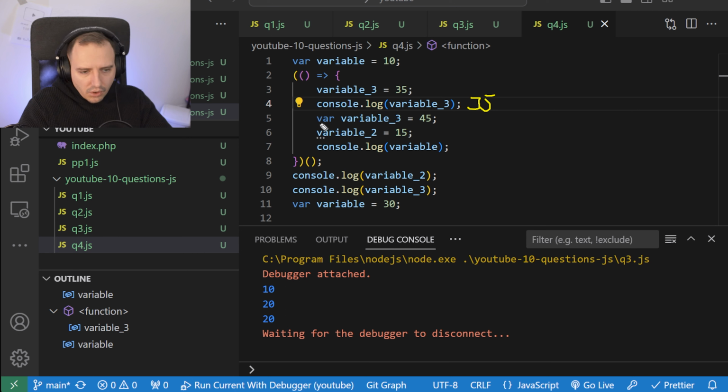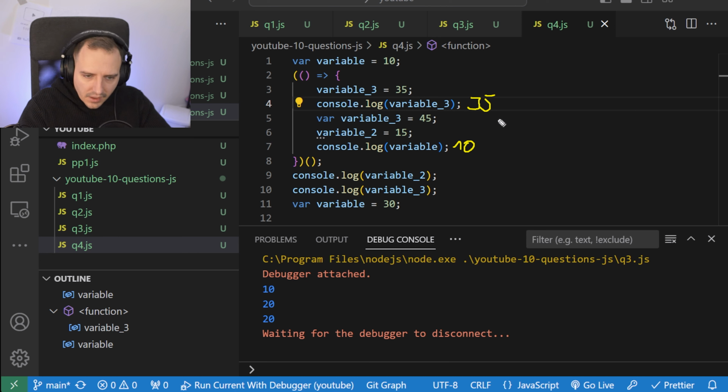Then a local variable, variable 3, 45, and then we set variable 2 to 15, and then we log variable. It's like a mind bender. This is going to be 10, of course, because there is no other mention of the variable here, so it was set to 10.